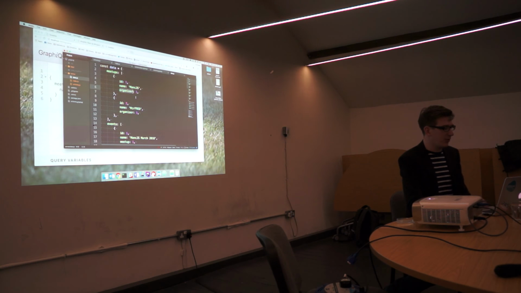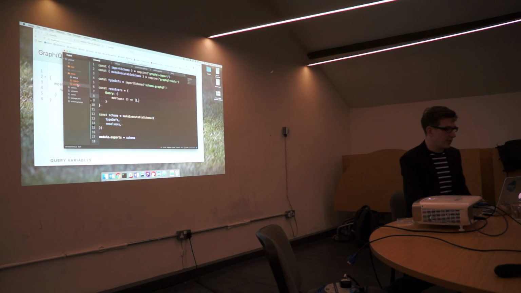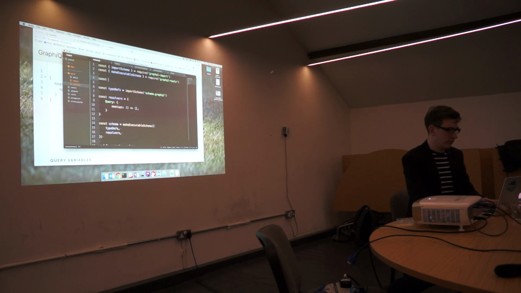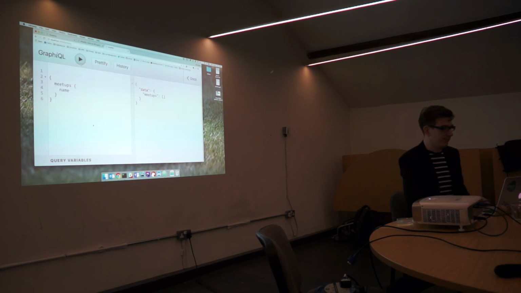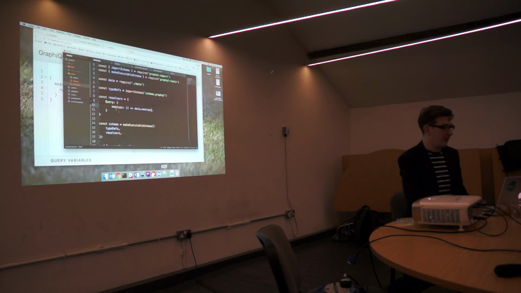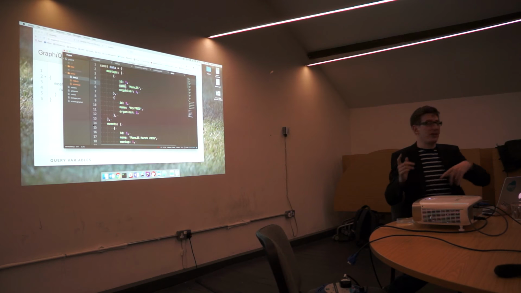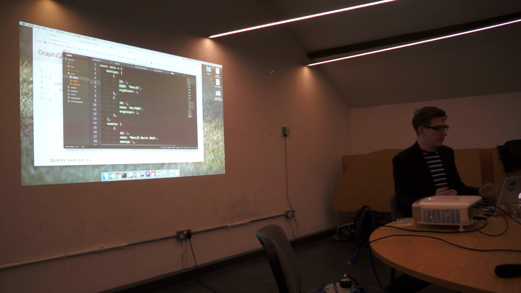Just to demonstrate this before, I've done a really basic data structure here just to mirror the schema. So if I import this in, when I create this now, you can see everything's back. So you don't have to write resolvers for every single field. If you have a data structure that mirrors your schema, in this case I've got name, I've got organizer, it will pull that data in just by looking at the object properties. So you don't have to do a load of work when it actually is a normalised data structure.